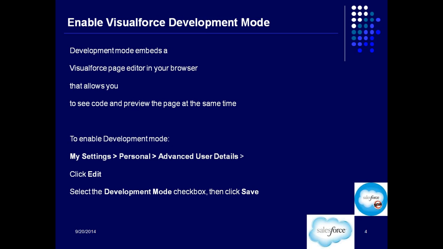To write the Visualforce code, it is good if you have that code editor available, which will be given to you through this development mode.